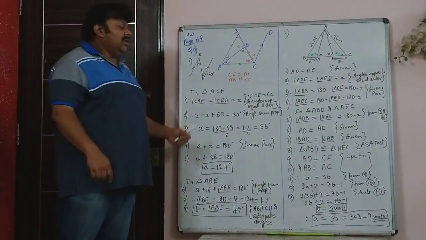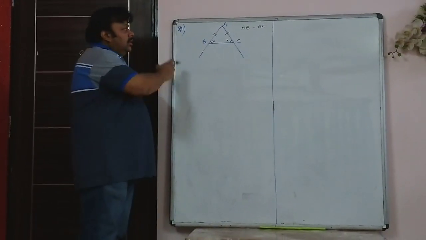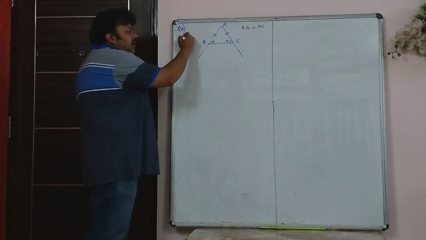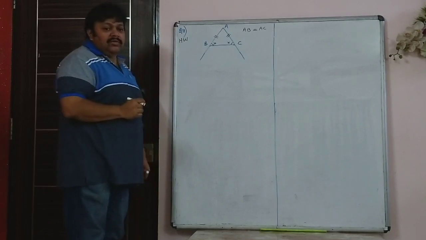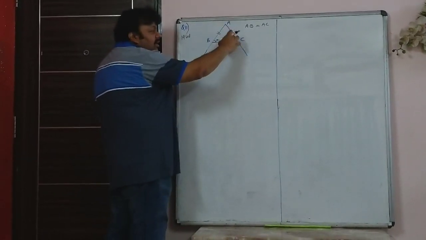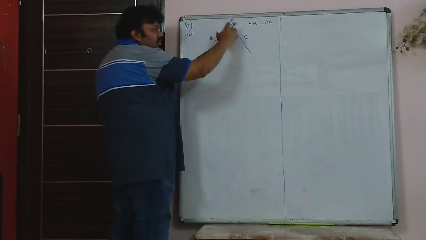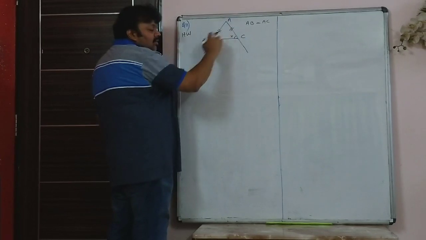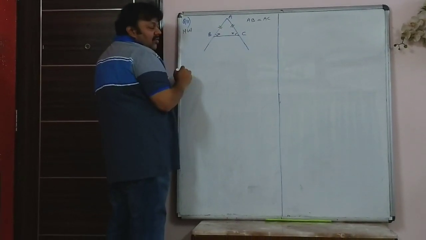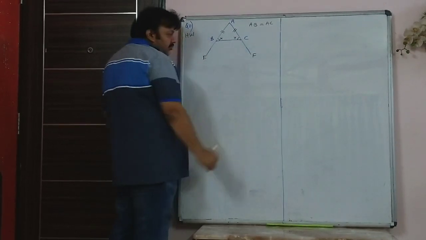Now there is one more homework sum which I will show how to do. In the last homework sum, this is the 11th homework sum of isosceles triangle. In this particular sum, it is given that equal sides AB and AC of triangle ABC are produced. So first of all, AB is equal to AC and they are produced forward. So let's say this is E and this is F.